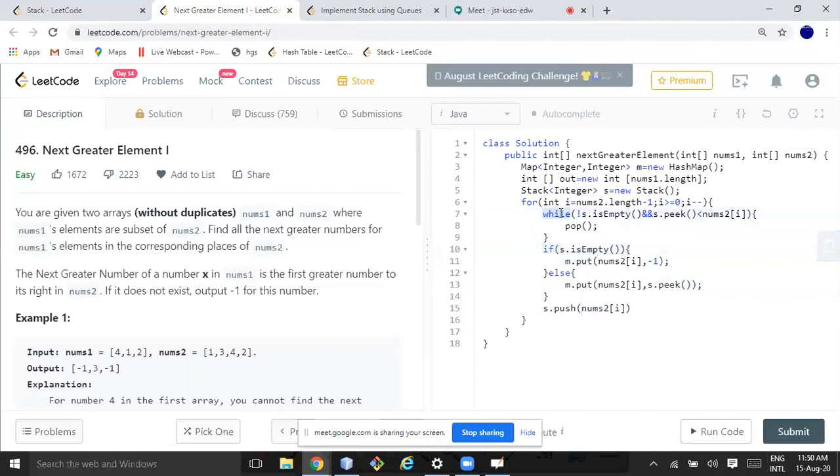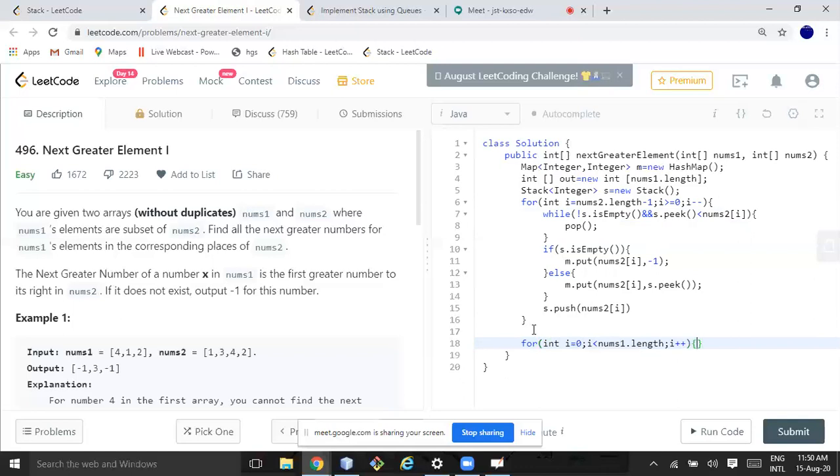So this m map will have some values. Once this for loop is over, I will write one more for loop. This time I will be iterating over nums1 with i equal to 0, i less than nums1.length, i plus plus.